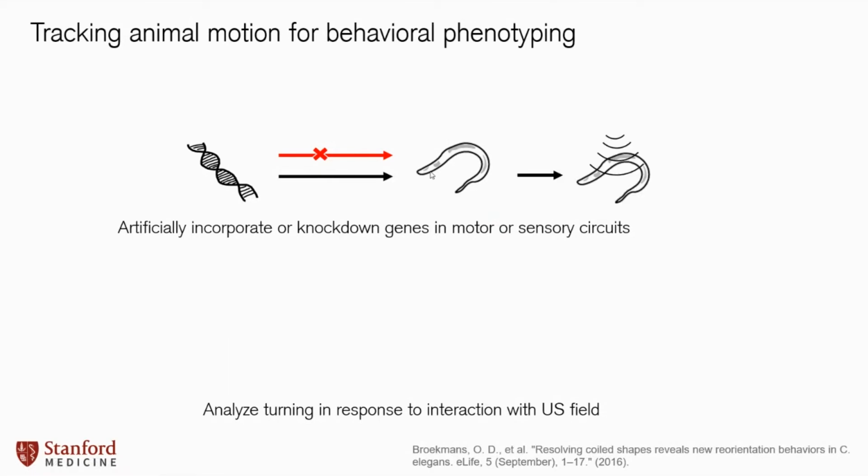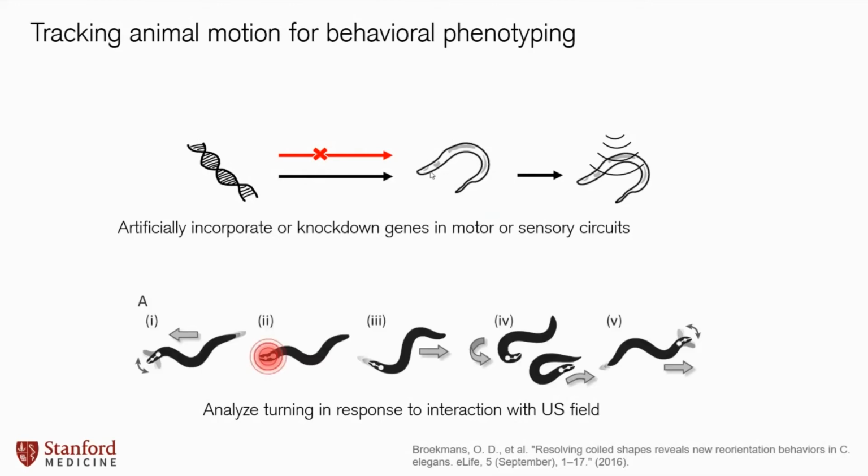And once you've manipulated a gene, then you can expose them to ultrasound. For the most part, people look at these sensory aversion movements within C. elegans. So let's say this red circle here is an ultrasound field. When the animal bumps into it, does it turn around or does it go about face? The way genetics might be important here is because you can knock out genes that you are wondering if they're responsible for ultrasound sensation, or you can knock genes in that you think could lead to higher sensitivity to ultrasound.